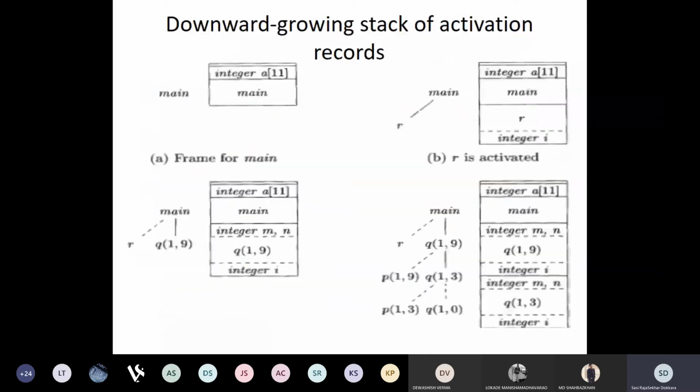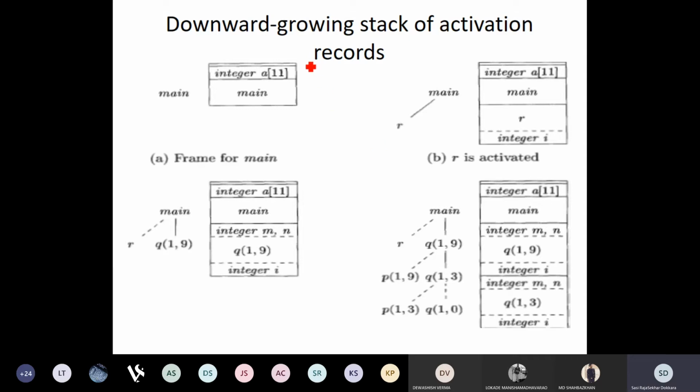Now, let us see how the control stack grows. The control stack is going to grow at each point of time, because initially in the control stack only the main program is going to be running. Once the main program starts running, that is the only one there. Then it goes on calling each procedure, and as it calls each procedure, the other activation records start adding to this control stack. So let us see how the control stack grows as more and more procedures are called.